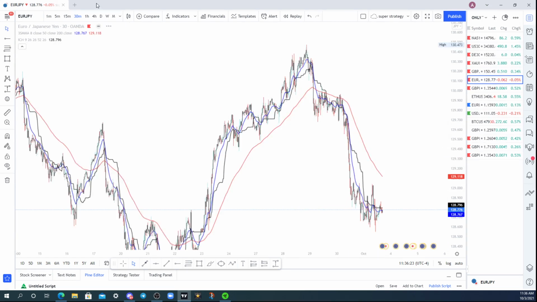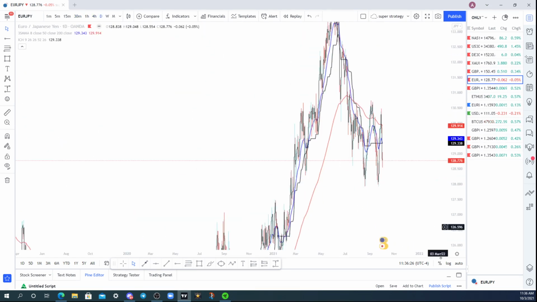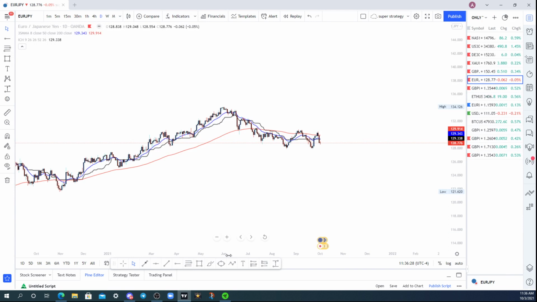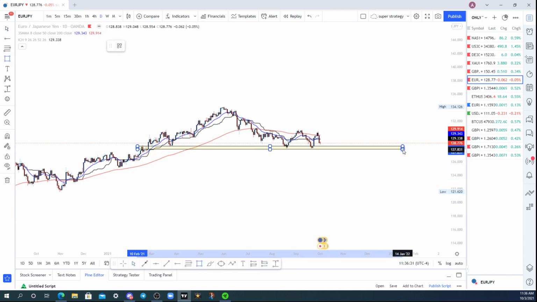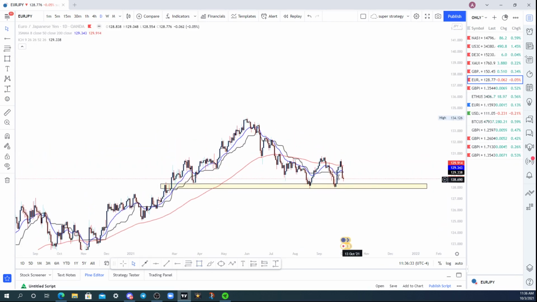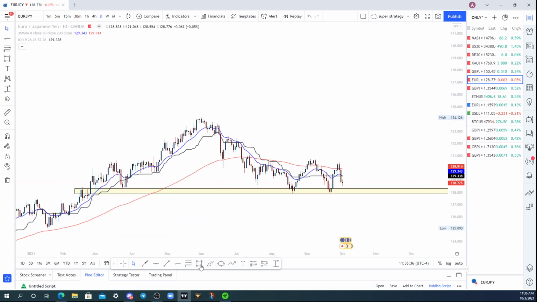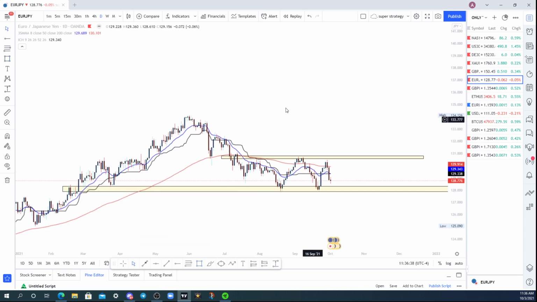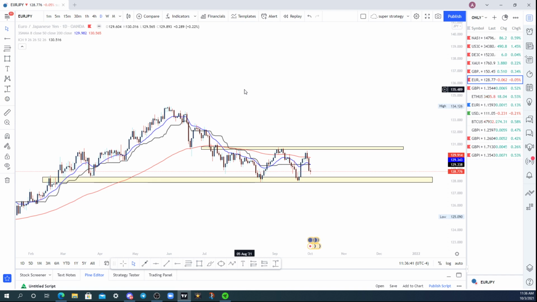Euro JPY. Let's take a look here at Euro JPY. Go up to the daily, see where we're coming from, see where we can head. Right over here. Beautiful supply level here on the daily time frame. Okay, this is my thought on Euro JPY right now. If, throughout the week, and I'm not saying that this is going to happen tonight, but if we start to come up here and close something like this or like this, and start giving me rejection or a bullish daily candle, I'm entering buys to the top of the range.